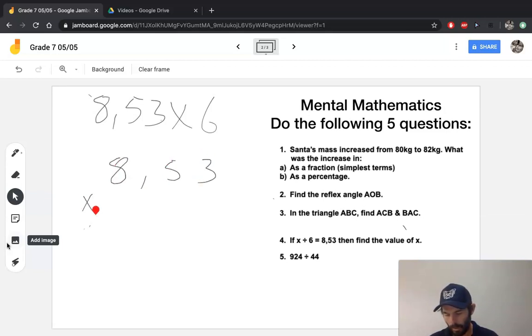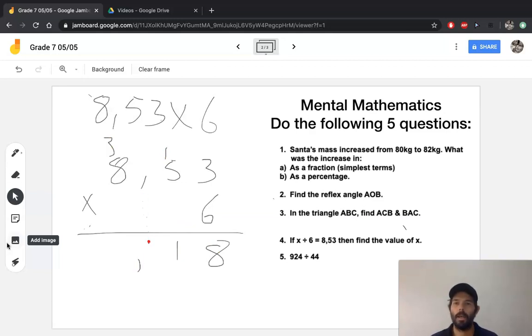Okay, and the important thing with the column method is to obviously remember to carry and to line the decimal up so it's all in the same place. Okay, and 6 times 8 is 48 plus the 3 is 51. So your answer is